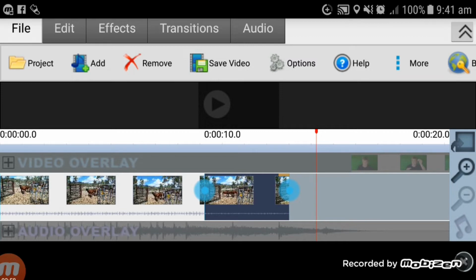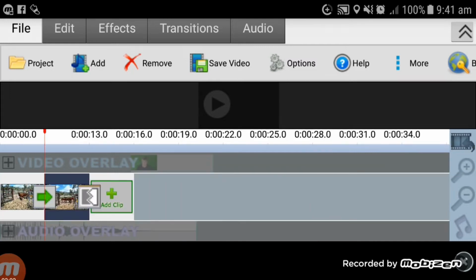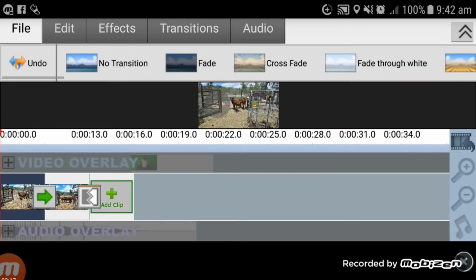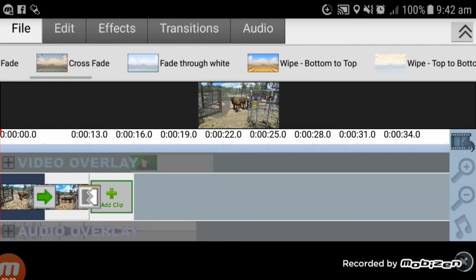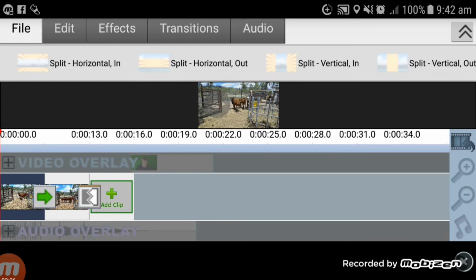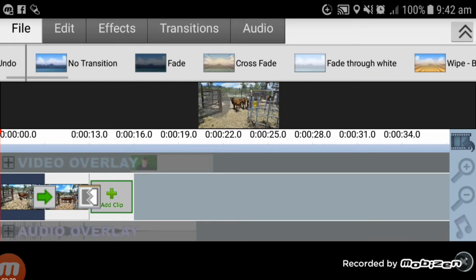You simply click on this box here in the middle right-hand side, and that'll return you to this look. And you add a transition by going to the clip that you want it to transition out of. So, for example, I click on the first track here. I can then go up to transitions, and I've got all these different transitions I can select from. And I simply have to select the one that I want to use. So in this particular instance, I'm going to select